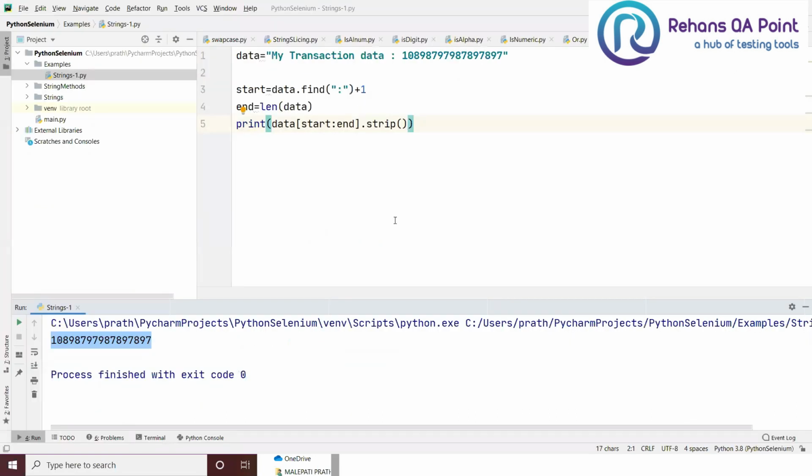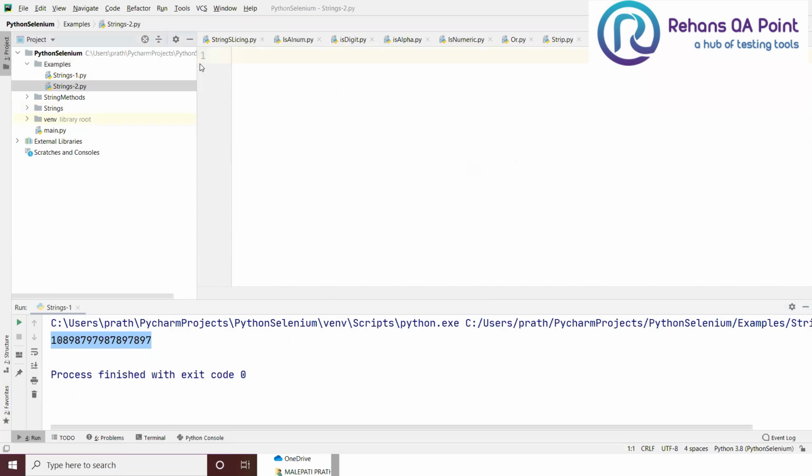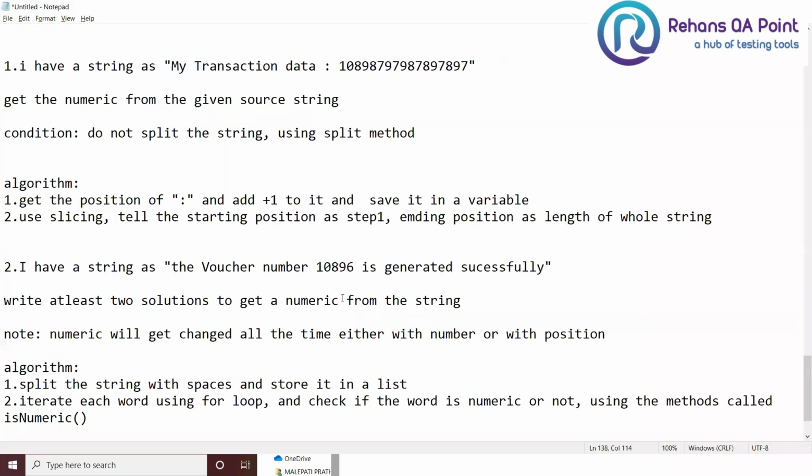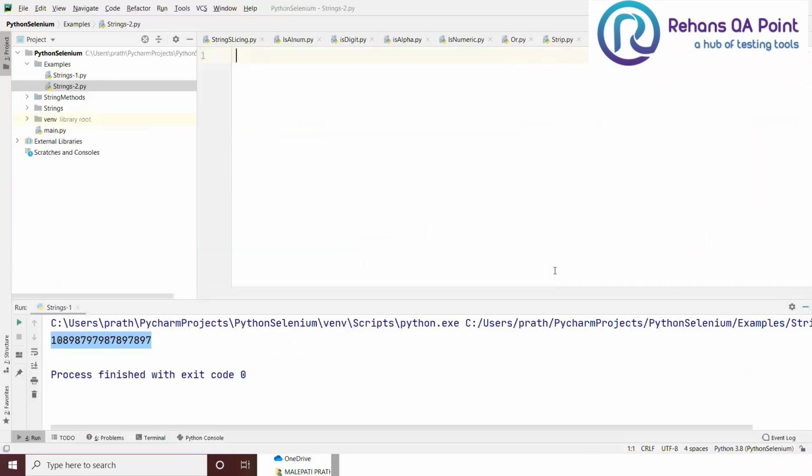So let me go here and try to write my second example. Let me take the same data here. Data equal to this.